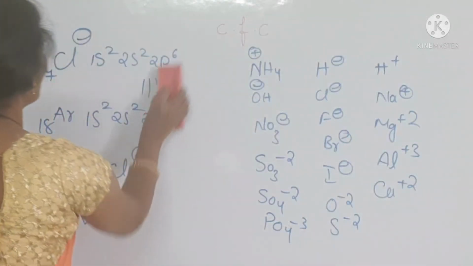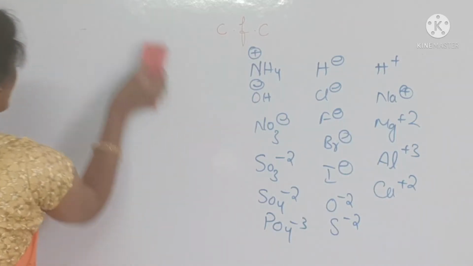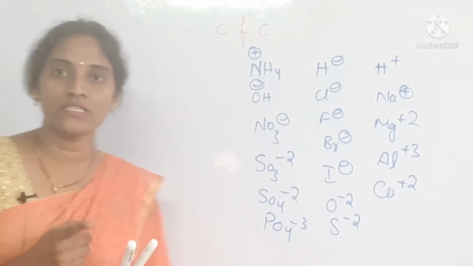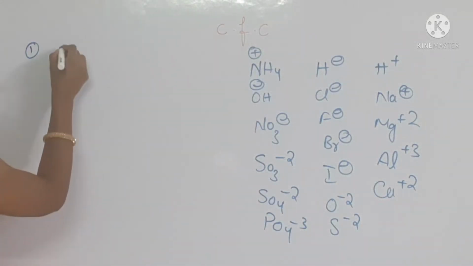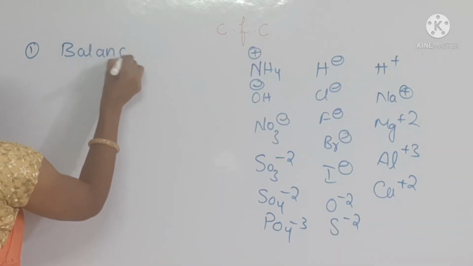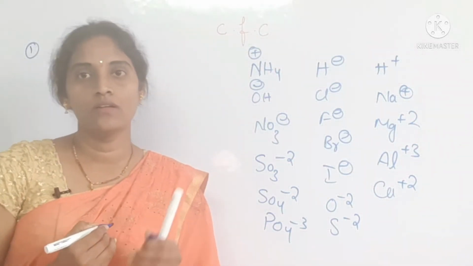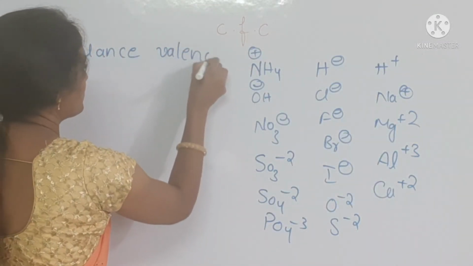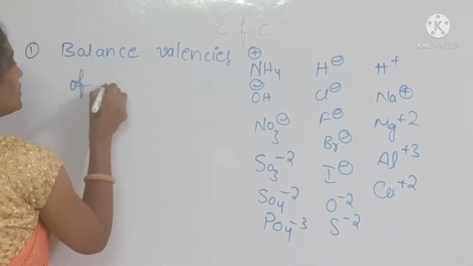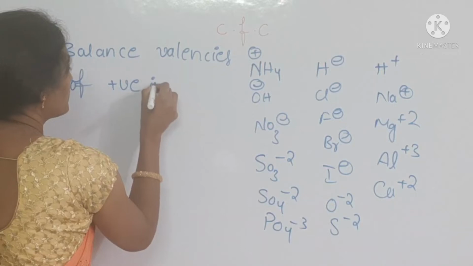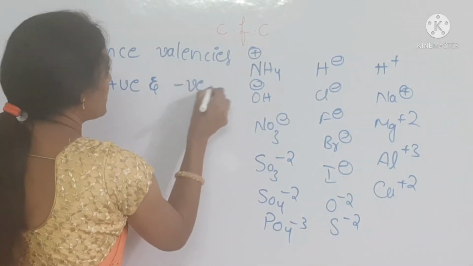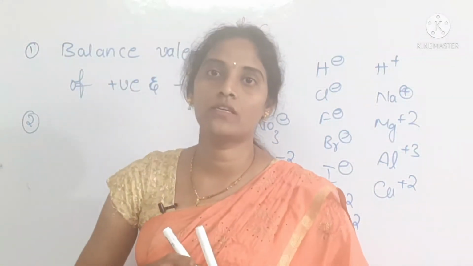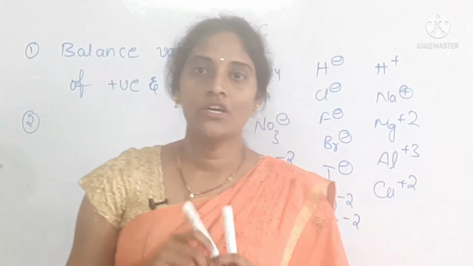Now we can learn about the steps in how we can write a chemical formula. Here you need to learn 3 steps, students. The first step is we have to balance the valencies of a cation and anion. Balance the valencies of cation and anion. The second step is, if a compound is formed with metal as well as non-metal, you have to